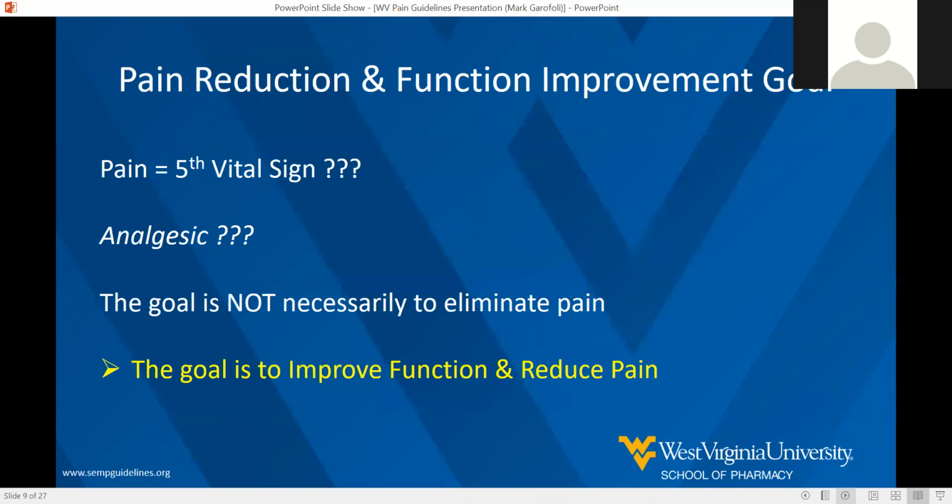Jumping back up to the top, though, as far as we've all heard about the pain fifth vital sign coming from the 90s, or was it Big Pharma? Was it professional organizations? The debate goes on. I feel like I'm the one person in America that actually embraces that, but with good intent. And where I'm going with that statement is that if we do view pain as the proverbial fifth vital sign,